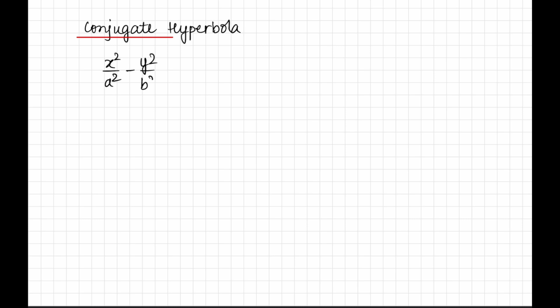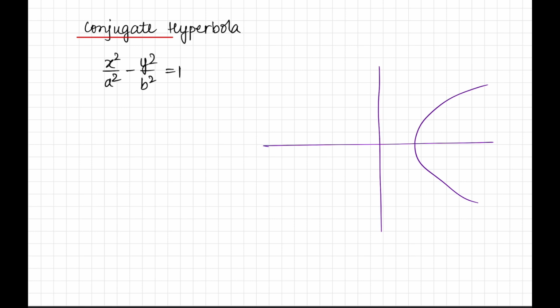Let us discuss the concept of conjugate hyperbola. The standard hyperbola is given by x square by a square minus y square by b square equals 1. This hyperbola looks like this. This distance here